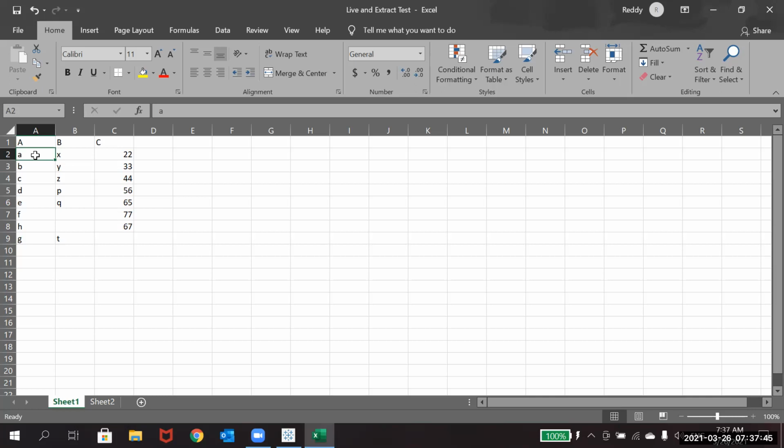Maybe you can create a student table, like a name, a roll number of the student, then add some subjects and marks, and randomly create some data set. Just connect that to Tableau and explore for yourself how live is working and how extract is working. Even when you put on that incremental refresh, you can check how that works out.